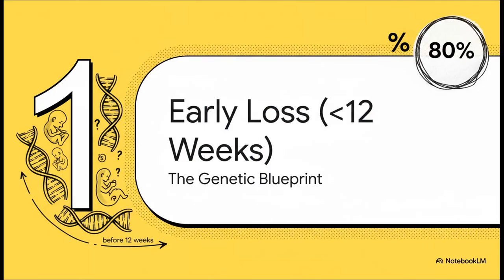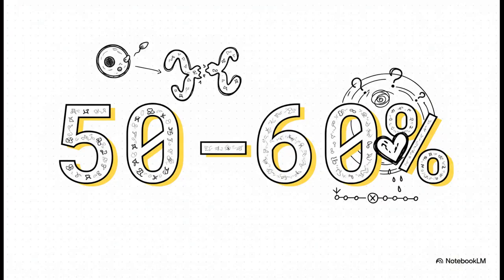Okay, our first timeline. We're talking about early pregnancy loss, anything before 12 weeks. And this is where about 80% of all miscarriages happen. The main reason for these losses, most of the time, has nothing to do with the mother's health. Instead, it's usually an issue with what we can call the genetic blueprint of the fetus itself. That's a huge number, right? Somewhere between 50 and 60% of all of these early losses are caused by a completely spontaneous, random error in the fetus's chromosomes. It's not something anyone could have prevented, it's a problem that was there from the very beginning,